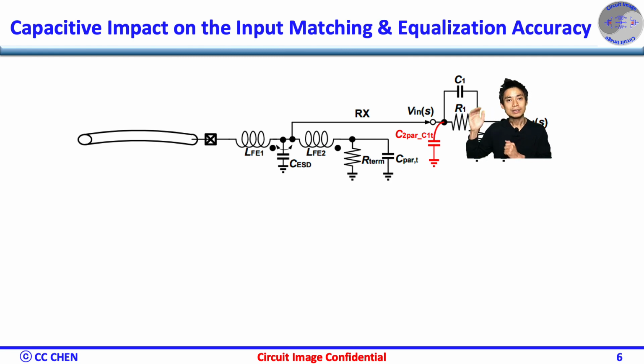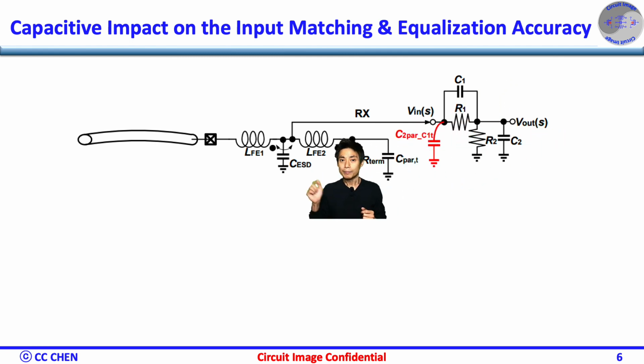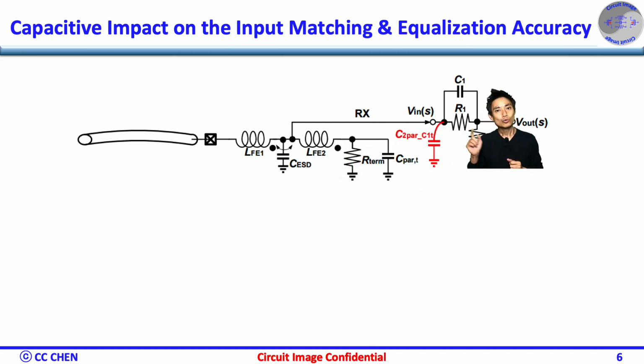Even though the T-coil can mitigate those parasitics, the main purpose of the T-coil is to mitigate the extra capacitance from the ESD. Therefore, we still don't want the CTLE's input capacitance to lose the center tap ESD of the T-coil